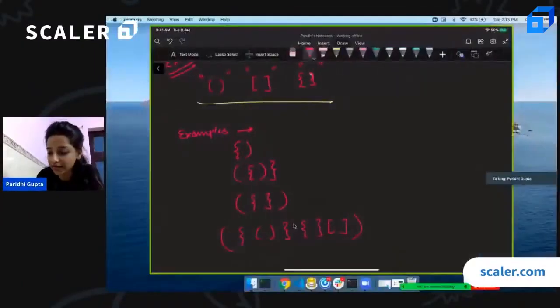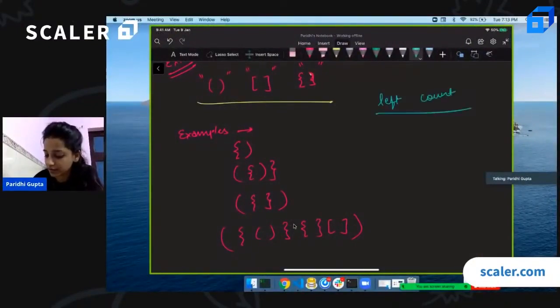First of all, I am sure that you understand that it cannot work by taking just the left count and the right count. Let's take the example of this. Here left is 1, and now I find a closing bracket, but here they are not the same, right? So this will not work. Having left and right counts is a bad idea.